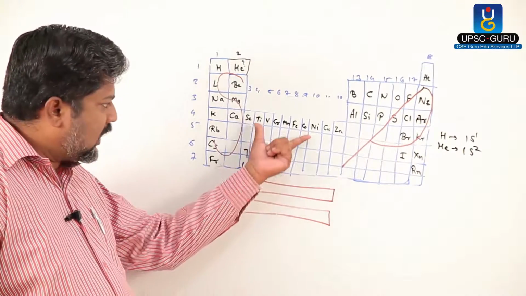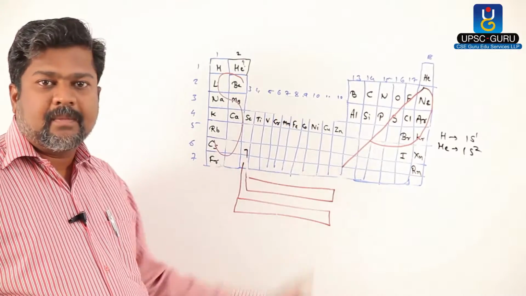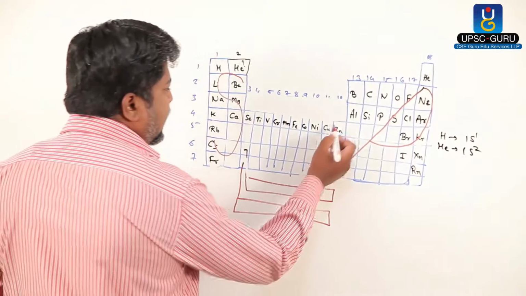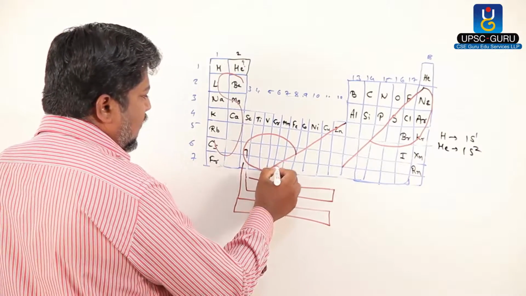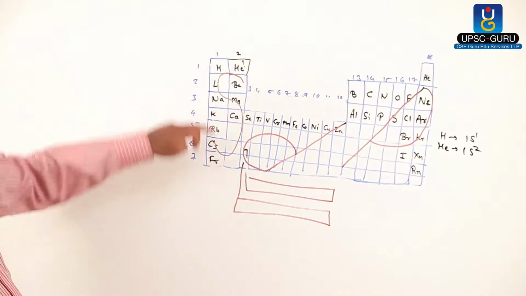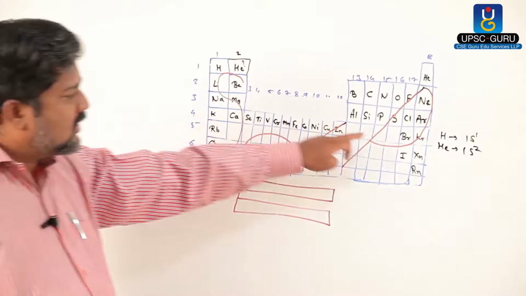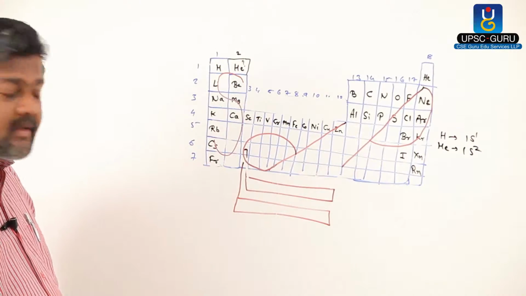D. So check out any element in this particular part, you will get D shell is under construction, and so these elements are called as D block element. So we can keep this way: S block, P block, D block. Now here,